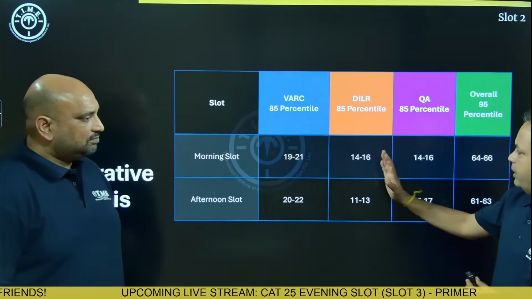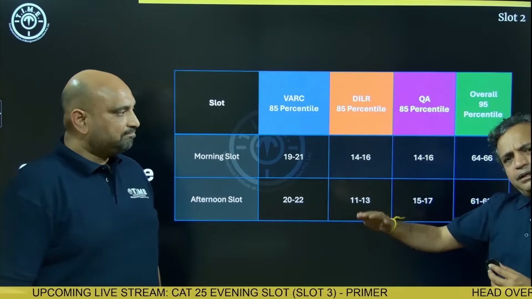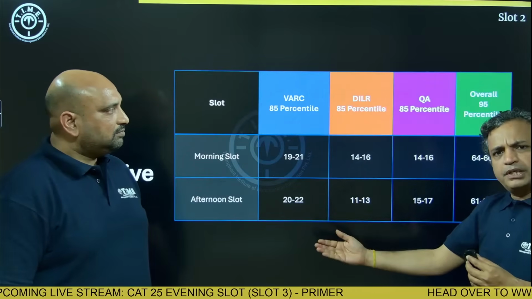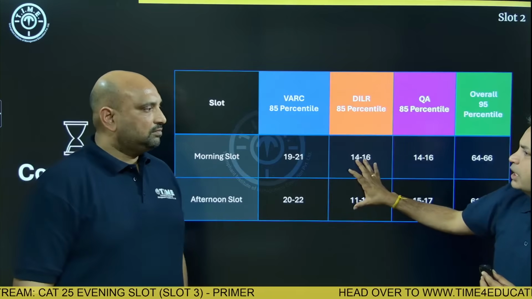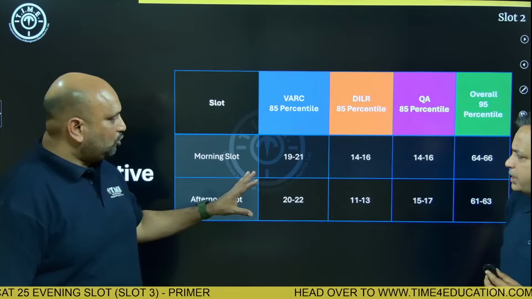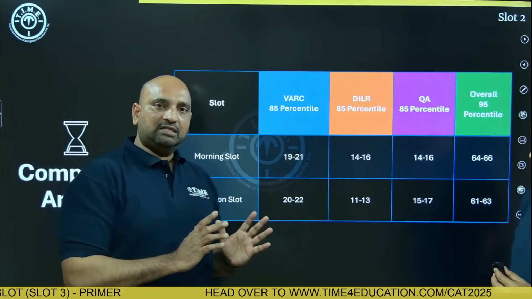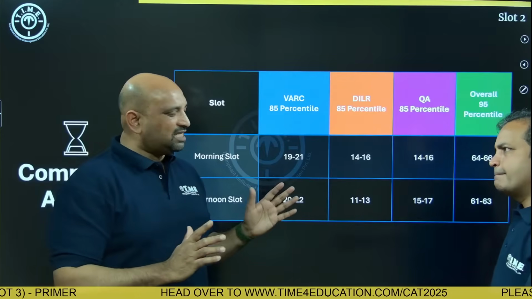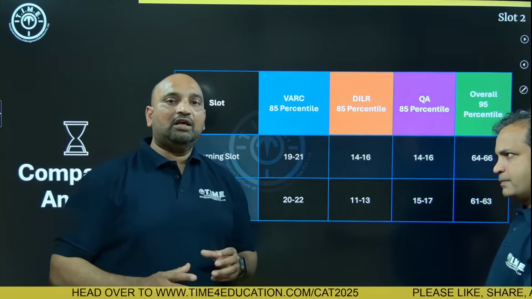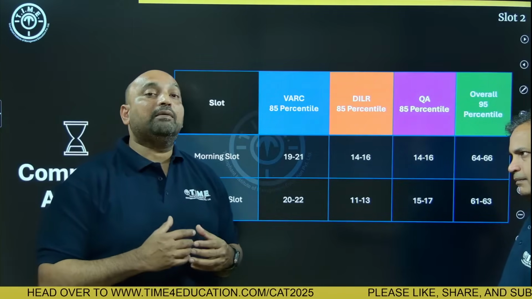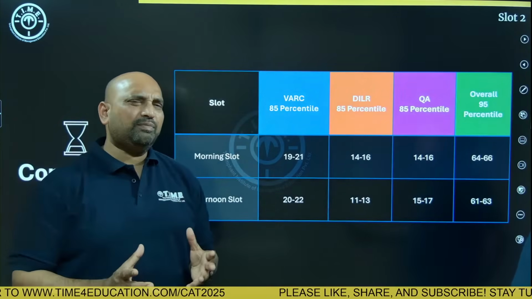So overall, putting DI aside, where there is a clear drop, Quant and VARC are slightly here and there. Some would say slightly easier, some would say slightly tougher. So ignore them. Broadly, they are the same. Whereas DILR has fallen. Would you say that DILR is tough? Absolutely. You'll find a lot much more of the difficulty level reflected in the lower percentiles. And at the higher level percentiles, it gets smoothened out all the more. And hence while we are talking about DILR being much tougher, it does not reflect so much in the 95 percentile,